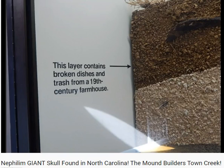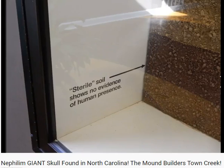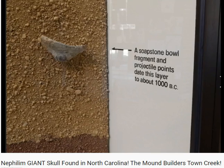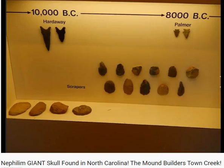And this layer contains broken dishes and such from the 19th century farmhouse that was there. The nearby river flooded and deposited this layer of silt. It goes right here, the slow, no evidence of human presence in this era here. Pottery, and the dates that were there, 1450 to 1650. And it goes to show you the type of bowl fragments that they found in that area that date back to 1000 BC. And then you come to the actual